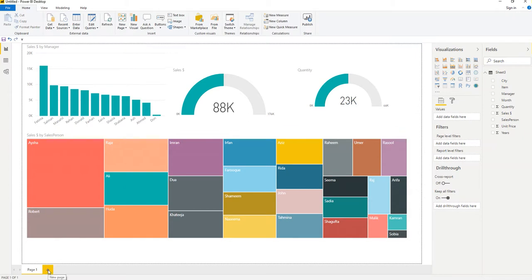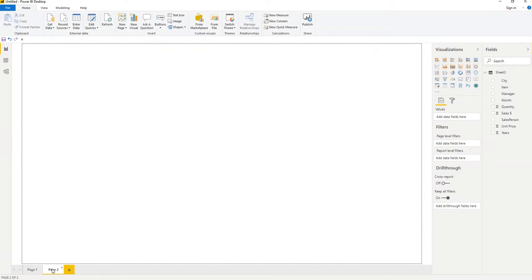So see, this is the plus sign. Just click here. So this is our new page. If you want to rename this page, there are two or three different ways. The first way is just double click and you can write down the name. The other way is right click and then rename it, which I will show you in the next lesson. So here I am going to write down sales. Suppose my page name is sales,